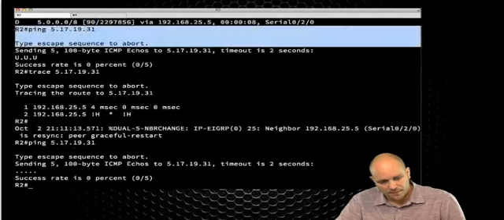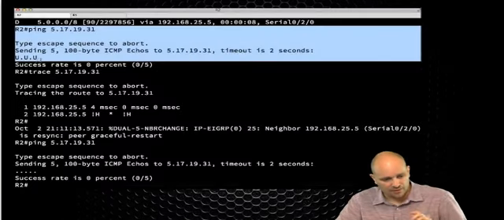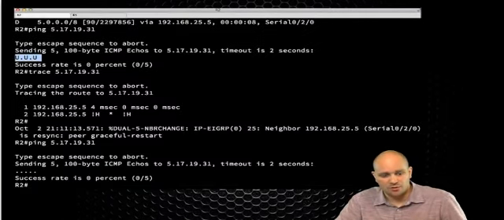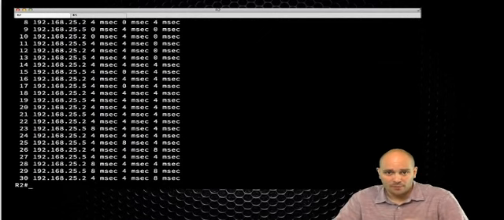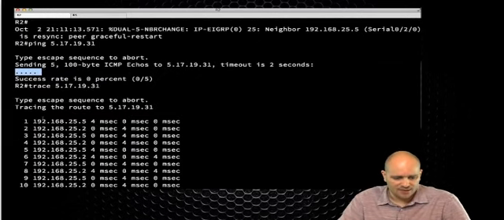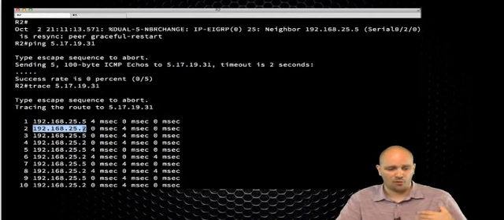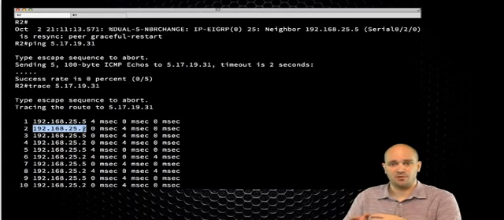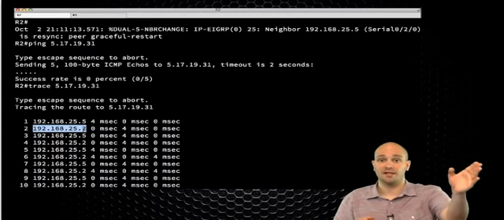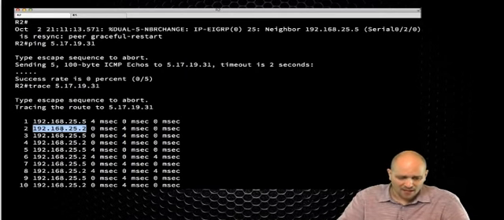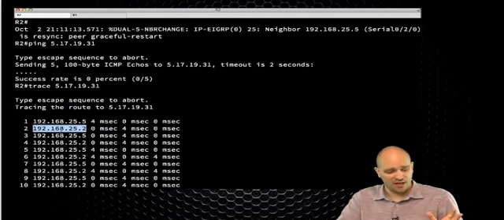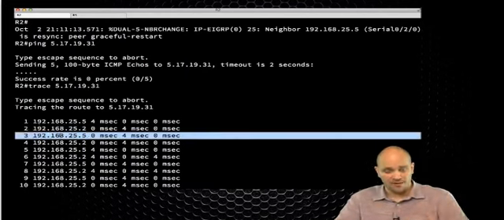Because take a look here. In this case, I was actually getting ICMP unreachables. Here, the traffic simply doesn't seem to get to its destination. If I do a trace route, this is why. Because what is happening now is R2 is sending the traffic following the summary. Then R5 says, oh, this is traffic for 5.17.19.31. I don't have a more specific route for it, I do have the route for it. Look, it's the default route pointing to R2. So traffic now goes to R2. And then R2 says, oh, but this is traffic for 5.0.0.0/8, and sends it to R5, and repeat